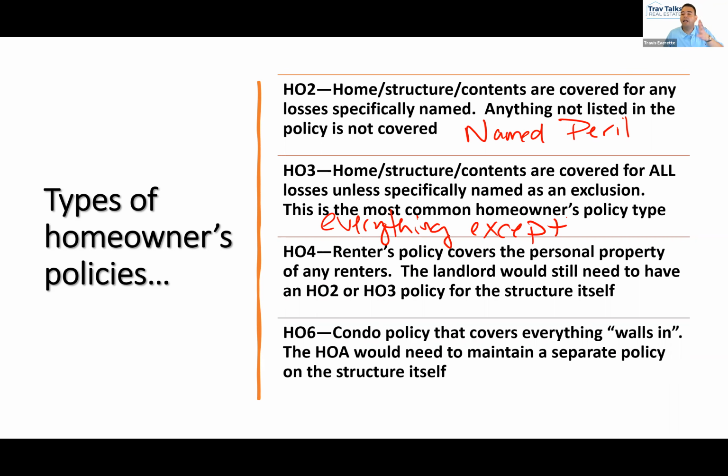So let's just do the aliens squashing your house with a UFO. If you have an HO2 policy, is alien squashing your house with a UFO most likely going to be covered? No, because I can't imagine that being listed in the policy. Is everybody following me on that? If you have an HO3 policy, would alien squashing your house with a UFO most likely be covered? Yes, because again, I can't imagine the policy listing that thing, except in HO3, it's a good thing when it doesn't list it, because the only things listed in HO3 are things that are what?